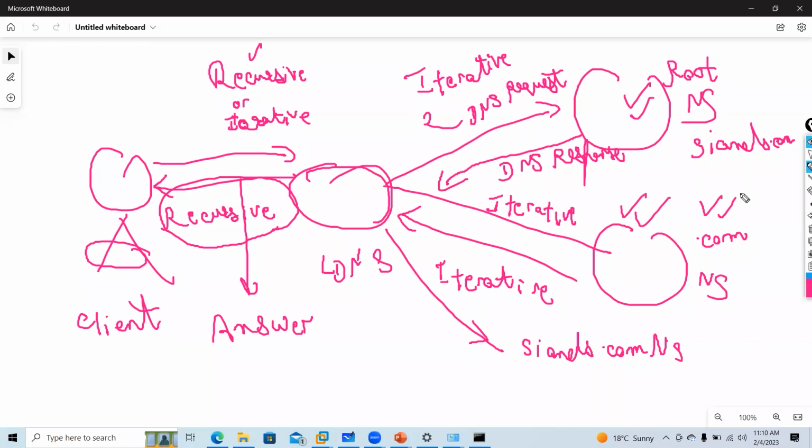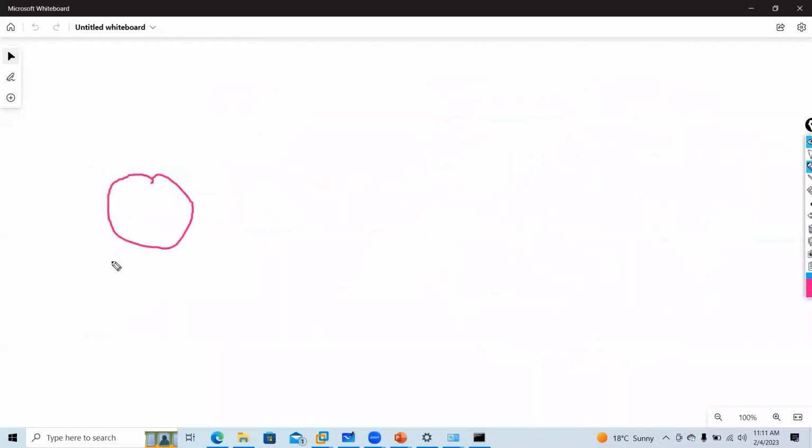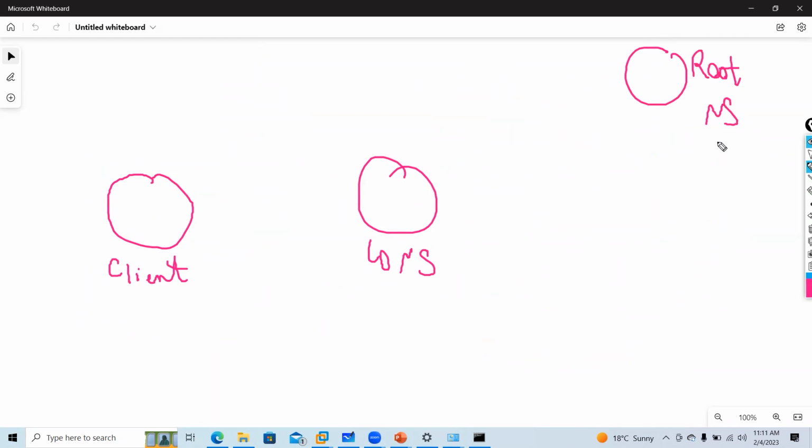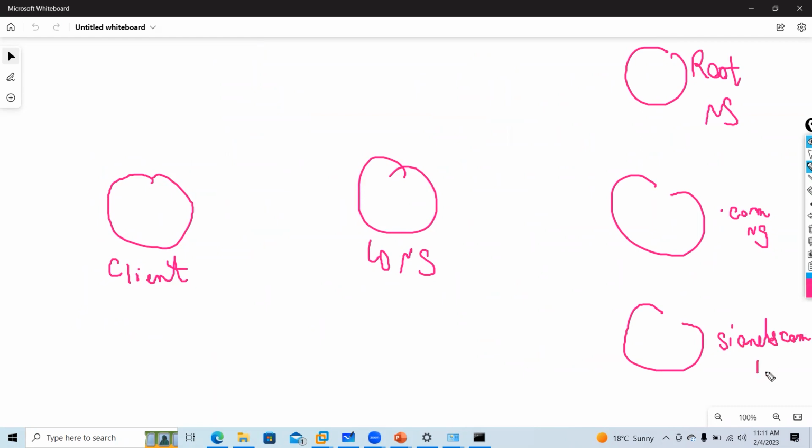Now I will draw that diagram again of how, when we are accessing in the browser, the query goes. Final diagram now to understand. Client, LDNS, root name server, .com name server, and cnets.com. The client will first send a request to LDNS: hey, I need cnets.com.